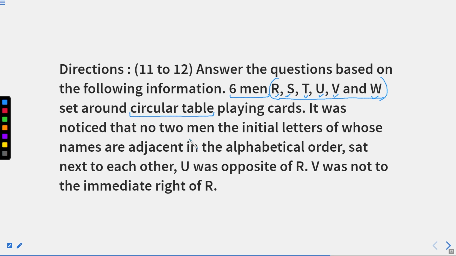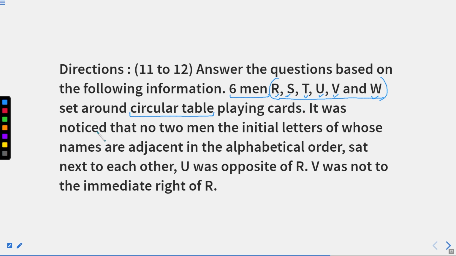You know that. In the first part, we are dealing with a square table. In the second part, we are dealing with a straight line facing towards east. In the third part, we are going to deal with a circular table. It is going to be an easy part now for you because you have already dealt with a similar kind of question earlier. Now they are playing cards, right?